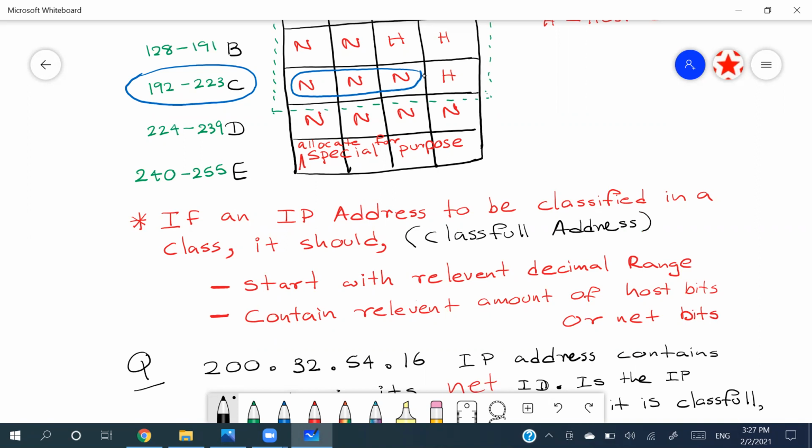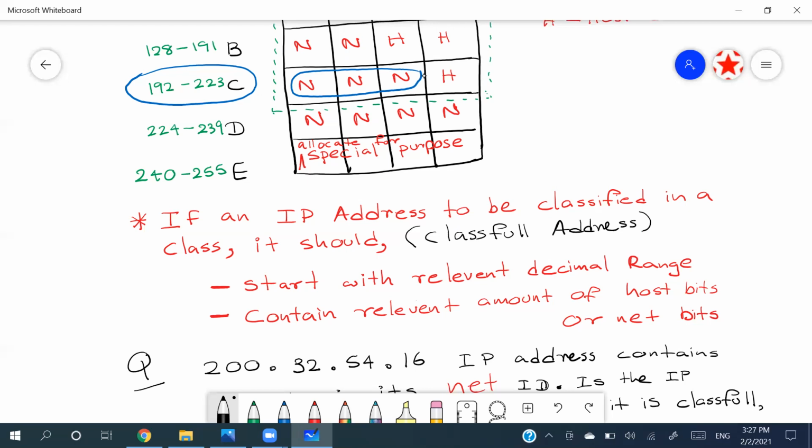Right? So to consider that a particular IP address is a classful address, we need 2 factors. Factor number 1 is the particular IP address should cross-check with the first octet decimal conversion. පළවෙනි octet එකේ decimal conversion එක නැත්නම් IP address එකේ dotted decimal notation එකේ පළවෙනි අංකය අපි cross check කරන්න ඕනේ